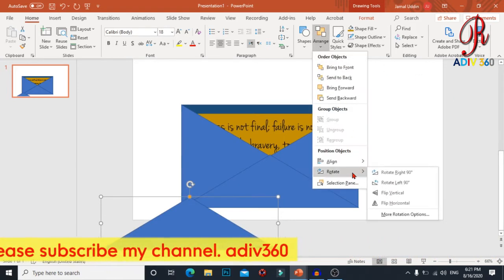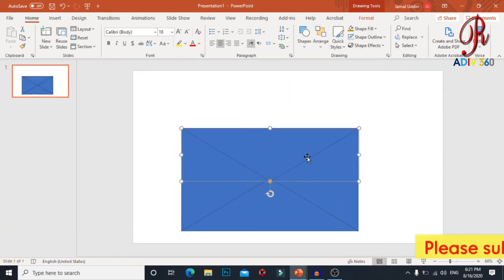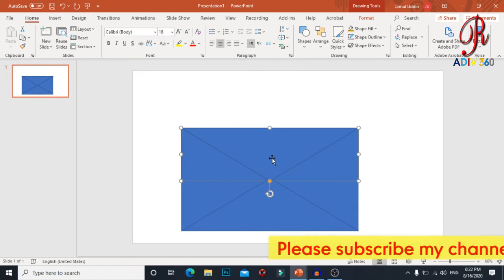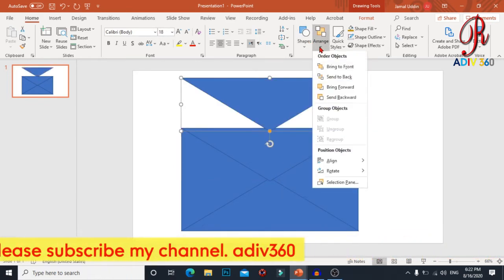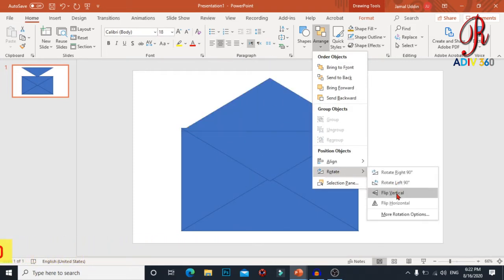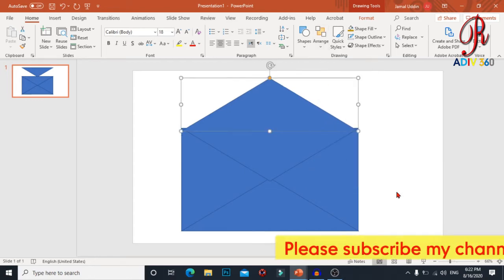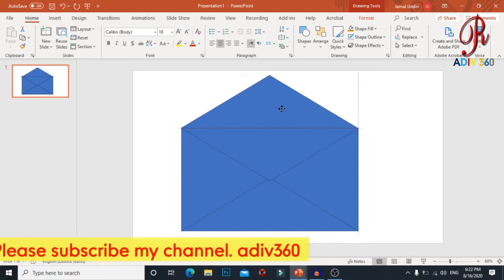Then again Arrange, Rotate, and Flip Vertical. Again I need to make a copy of this part, and then Arrange, Rotate, and Flip Vertical. And adjust here.